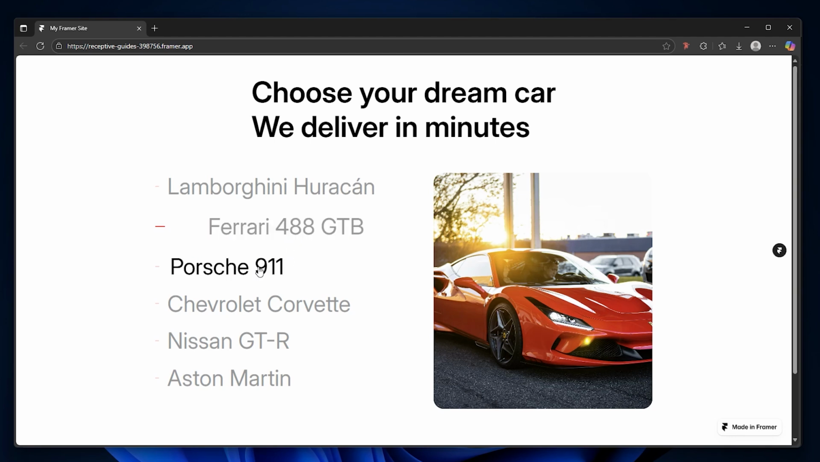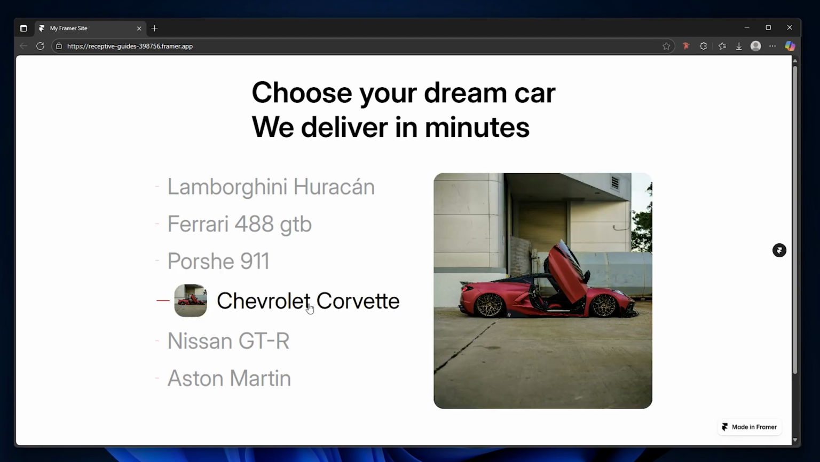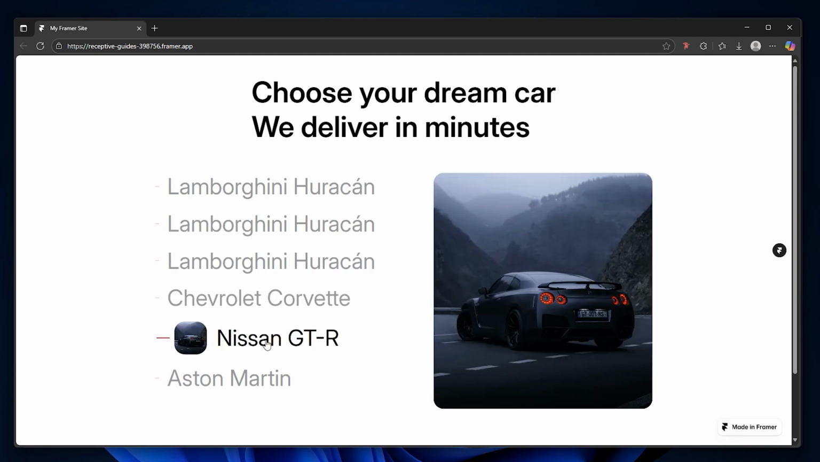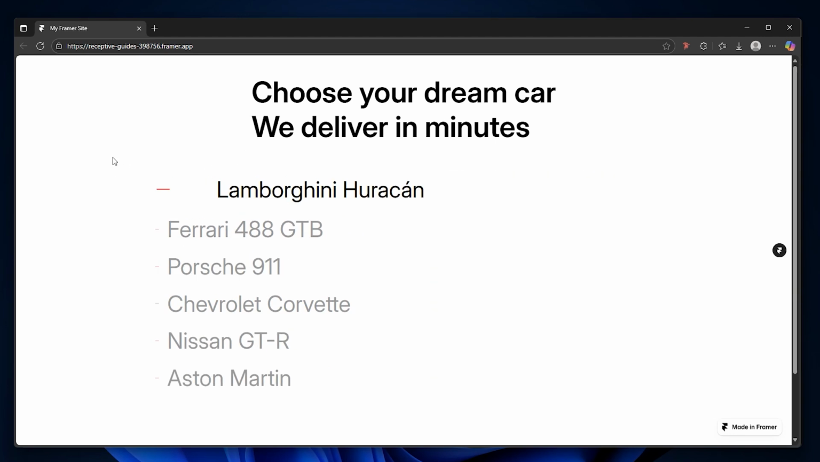And then again, we can see the Porsche 911 also changes. And then we can see the Chevrolet Corvette is also changing. But notice there's a slight delay between different hover states. But essentially, what you see here is some of these